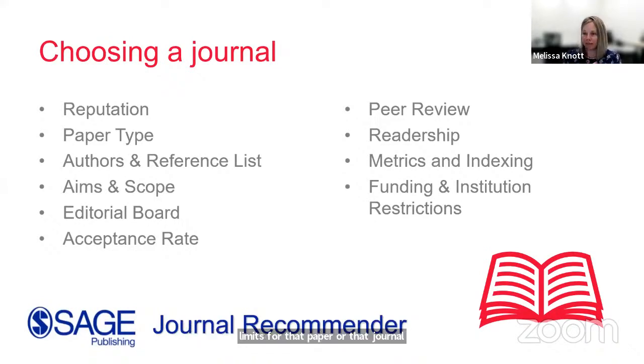But then also, given your type of research and given the word limits for that journal, or the limits, say, on figures and tables, do you feel like you'll be able to do your work justice at that journal? Right? So some journals say their original research articles are 3,500 words. Can you do that in 3,500 words, or do you need 5,000? And so let that inform your choice.